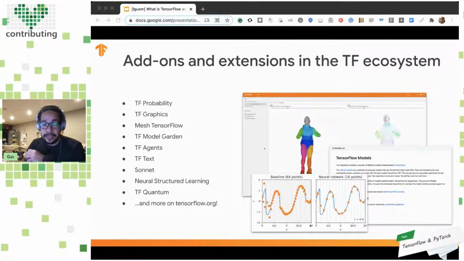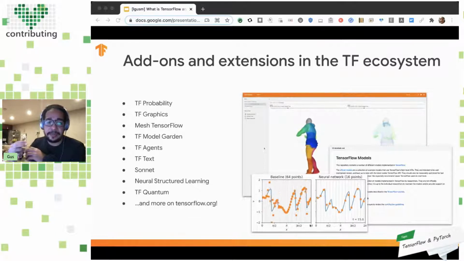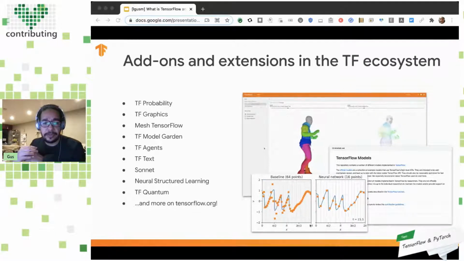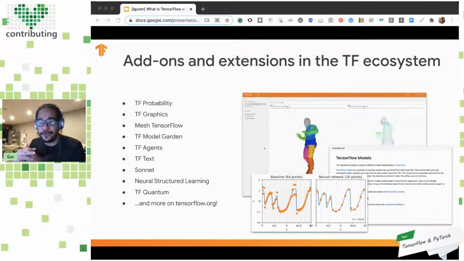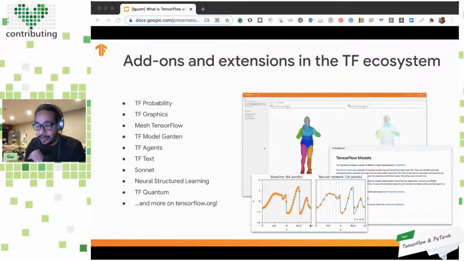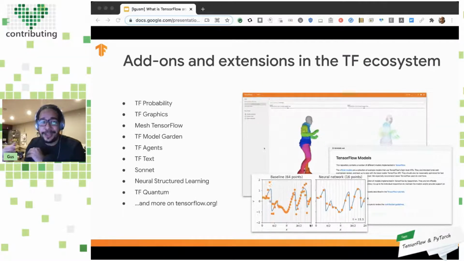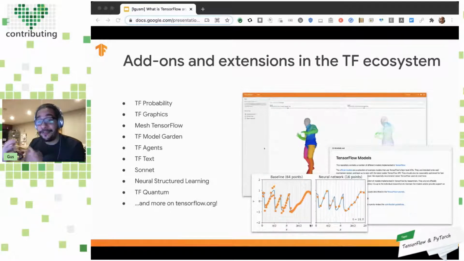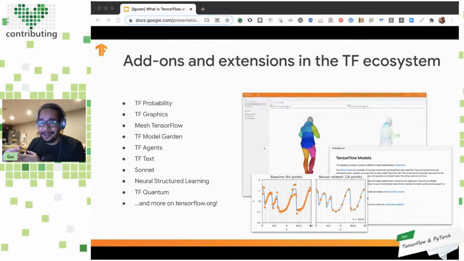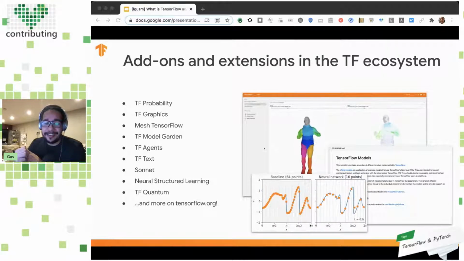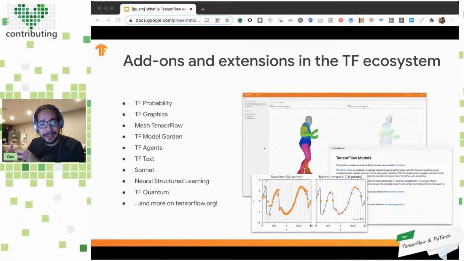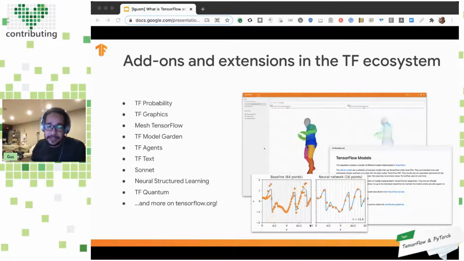reinforcement learning agents. So reinforcement learning is the part of machine learning that, if you see those cool news about, oh, machine learning won the Go match, won the chess match, won the StarCraft match. So those are reinforcement learning agents, and that does that. So it's a little bit different from what I explained to you, but it's the same idea. And TF Agents can help with that. And there's a bunch of others.